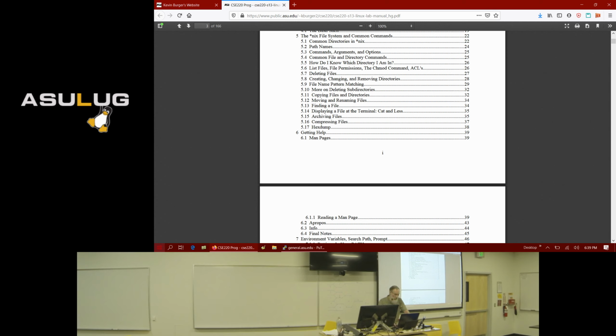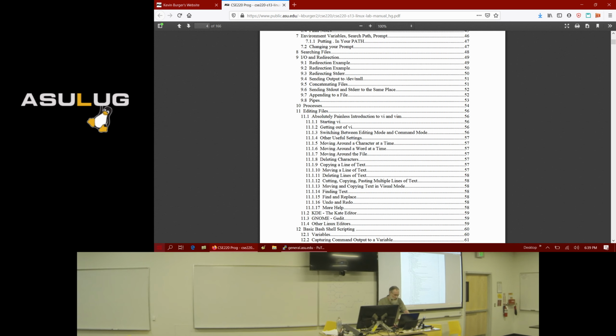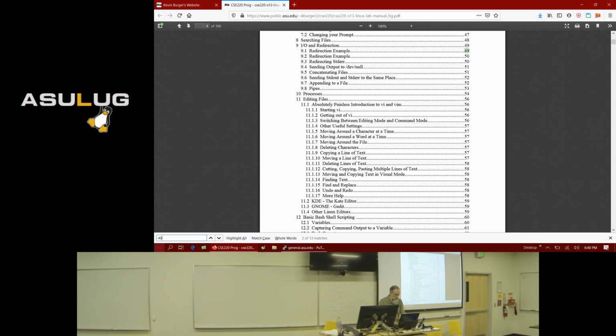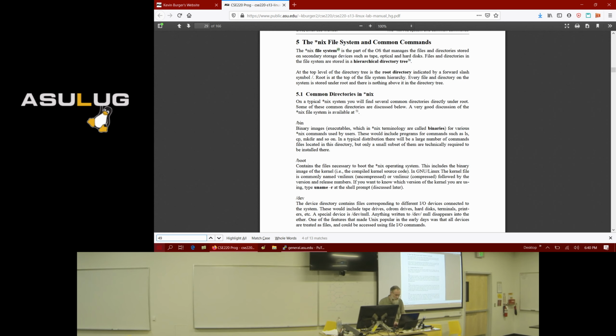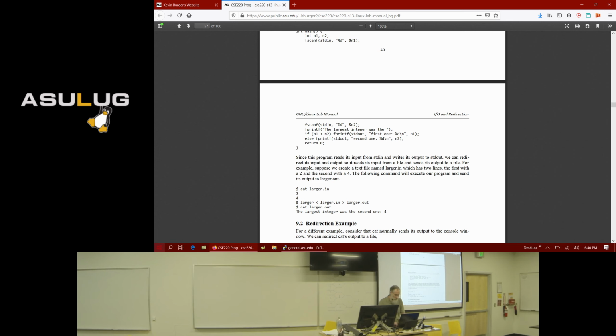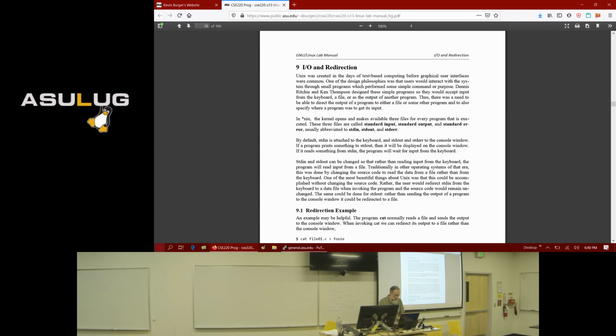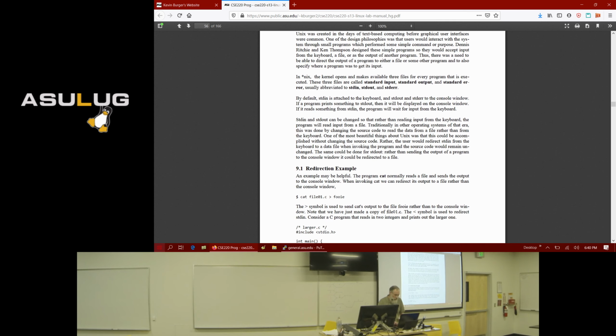Okay. So one thing I thought would be useful then is in section 9, I've got a section here on I/O redirection. This is common and very useful at the command line. So let's talk about that. Let me see if I can navigate to that page. There we go, page 49. So